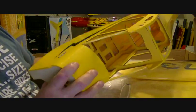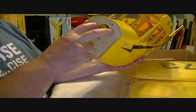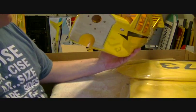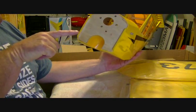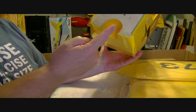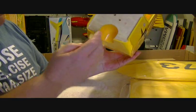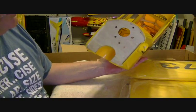This also, it's set up for a glow engine, and they've got the mounts turned at a slight angle. I don't know, what is that, a 45 degree? So your engine head would stick down here like this, and then that is so the muffler will lay right in this muffler trough right here. They've got a place for that, so it'll fit a glow engine really well, a two-stroke,